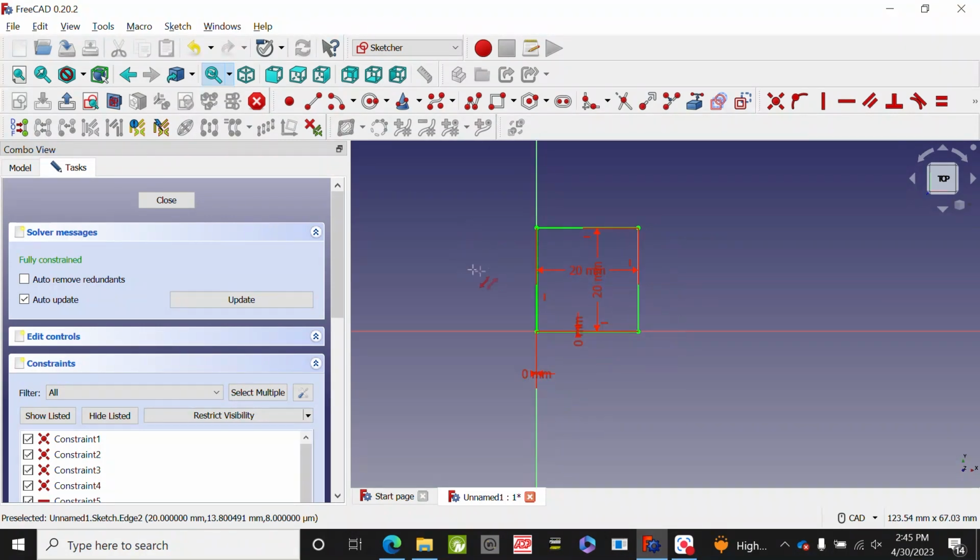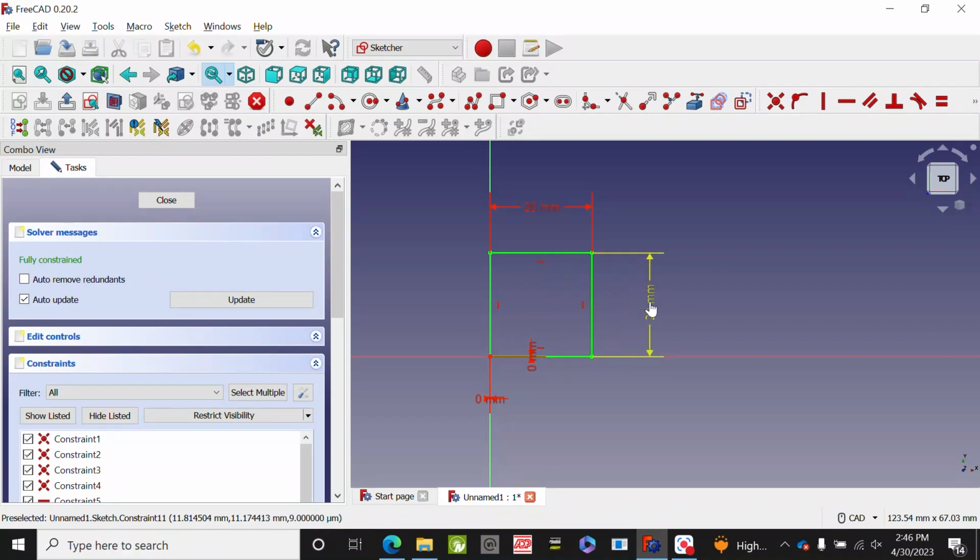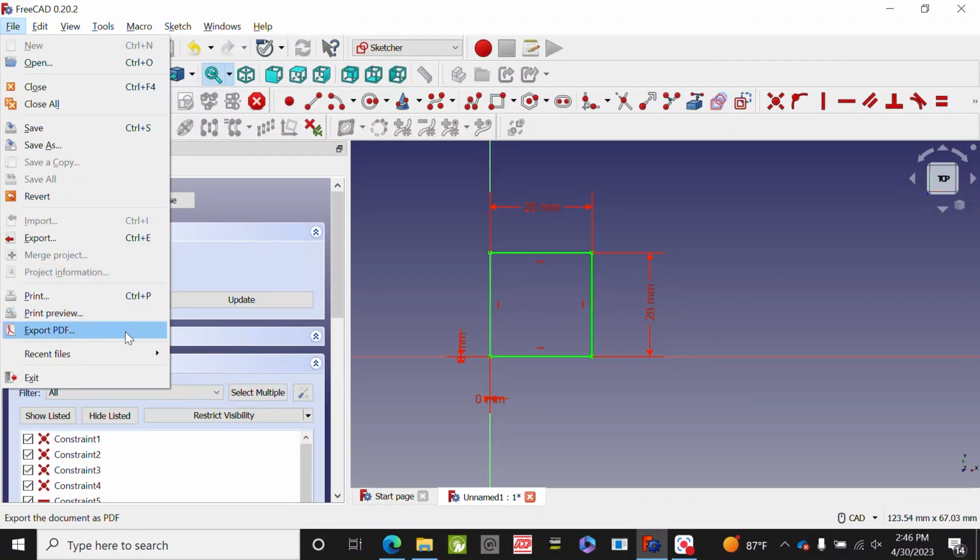So if you have to design a drawing for, say, a client that you're doing some electrical wiring, or you're fixing something for a client, if you have a side business, you only need 2D designs with dimensions and some shapes, then the only thing you have to do is go to FreeCAD, do the sketcher, new sketch, and design your stuff. Okay? And that's enough, because then when you file, save, export,